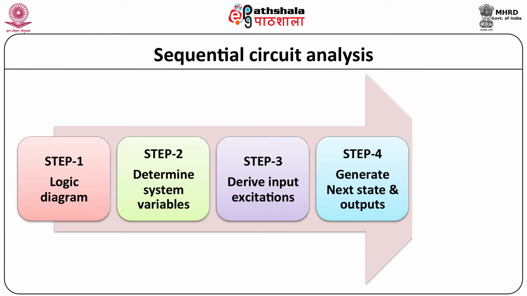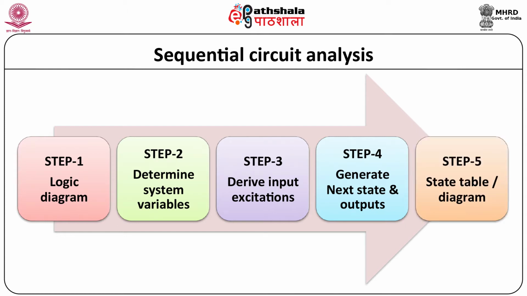Write the next state equation for each state variable using flip-flop characteristics equation and the circuit excitation equations. In brief, prepare the excitation table from the excitation equations. Write the output variable equations. From the circuit configuration, determine whether the circuit is Mealy or Moore machine. This will help in constructing the state table and state diagram.